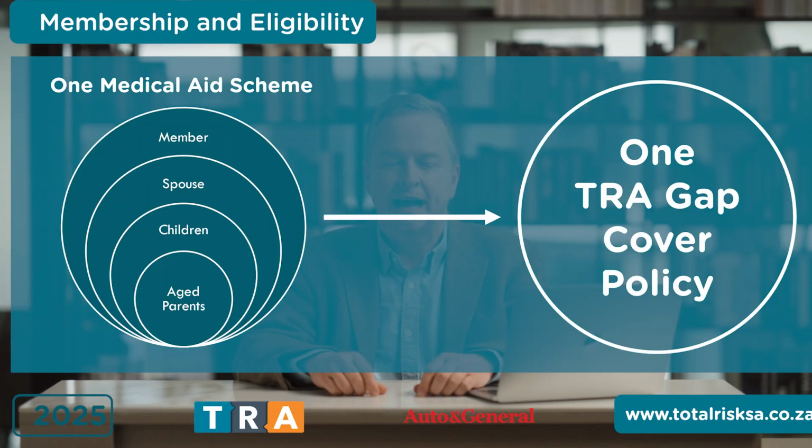Well, that covers the benefits on offer. Warren has asked me to discuss membership and eligibility. Here we go. So our 2025 gap cover policies provide benefits for a policyholder and their spouse and those financially dependent on them, i.e. a child or children and/or aged parents who are covered on one policy of a registered medical aid scheme. This is subject to proof of membership and the premium being based on the age of the